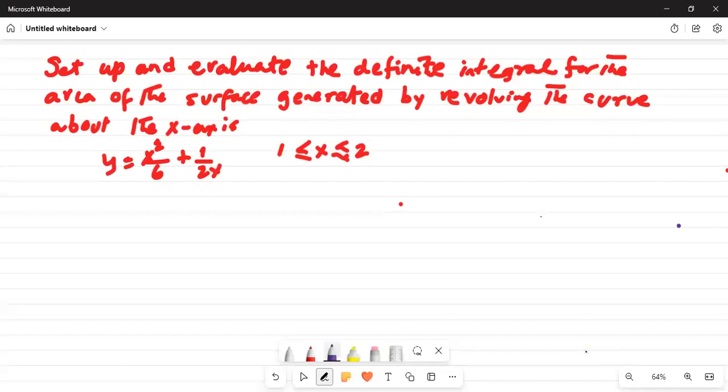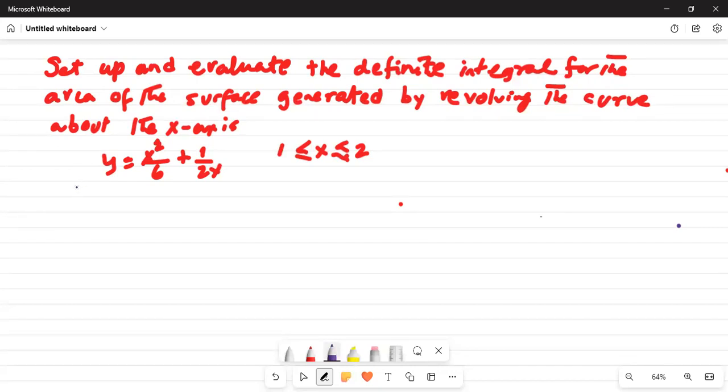The problem says: set up and evaluate the definite integral for the area of the surface generated by revolving the curve about the x-axis. The curve function is y equals x squared divided by 6 plus 1 over 2. Let me make sure I've copied it correctly. Plus 1 over 2x. And the limits of x are between 1 and 2, both inclusive. Okay. So to solve this problem, we will